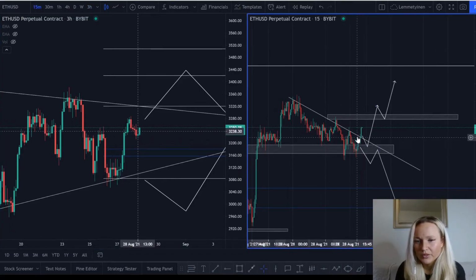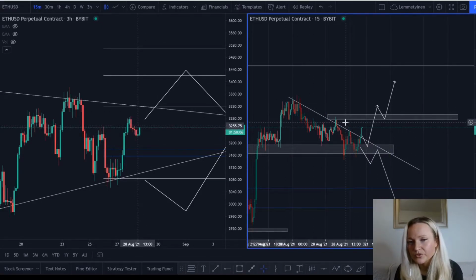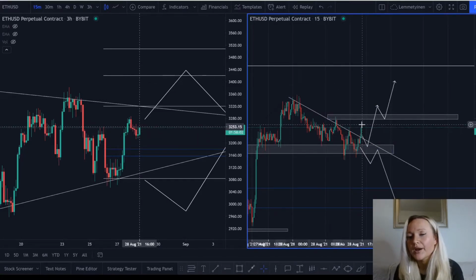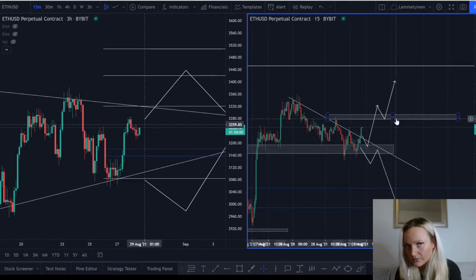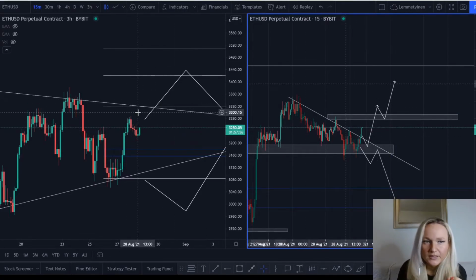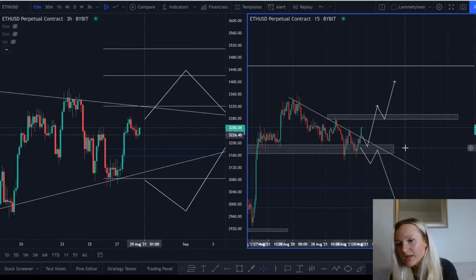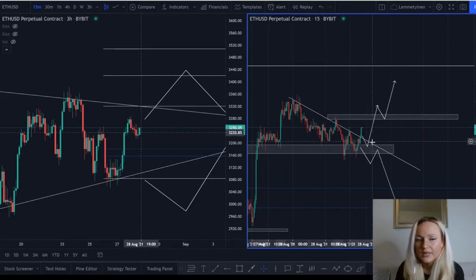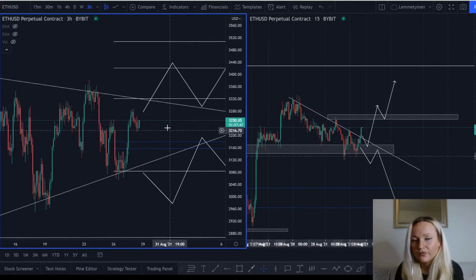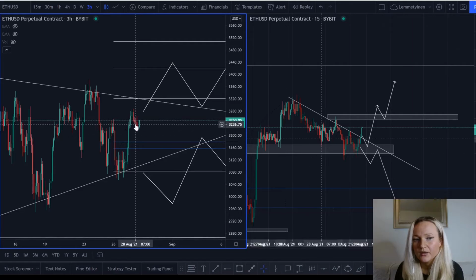When we are using that pattern around here, we take it to the lower time frames to break it down and see what's happening. So what we want the market to do is start to do higher high, higher low, higher high, higher low. Okay, so that's why we are looking at the higher time frames at the same time as the lower time frames. And if we don't want to wait forever to jump into the market,